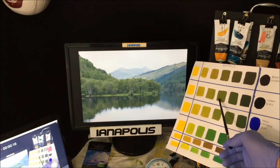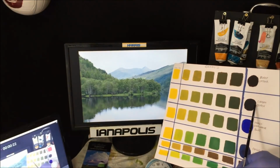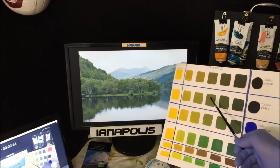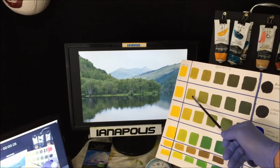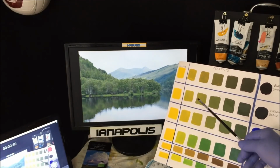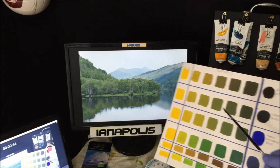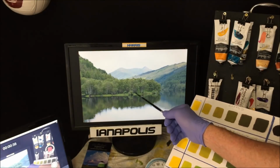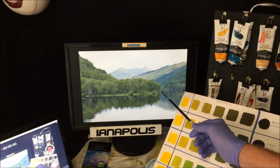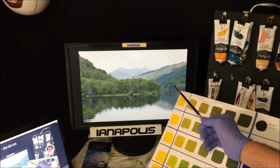And if you want, say, this flavour here, well, you know you're going to mix the cadmium yellow light and your black, a few tints to get there, and you can mix it on your palette so you can compare and move it along so you can see just how bright and dark you're going in those mixes, okay? So we're going to use this, and we've got some pretty bright greens down there. So this is going to help us get a more realistic tree look, green scenery in our painting for beginners,